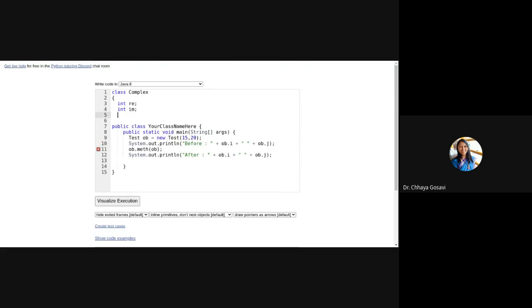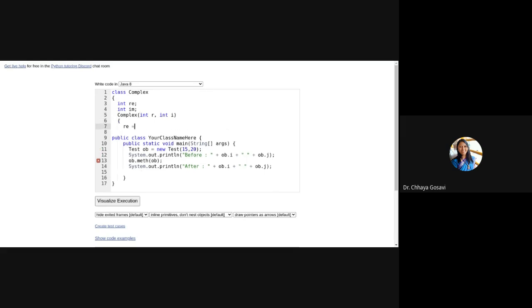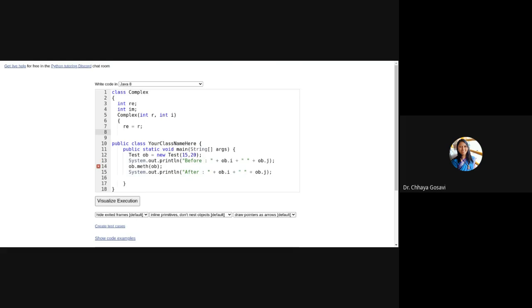Integer real and imaginary, and we will perform addition of two complex numbers. We'll need a constructor which will initialize this real and imaginary. So this is real is equal to r and imaginary is equal to i.